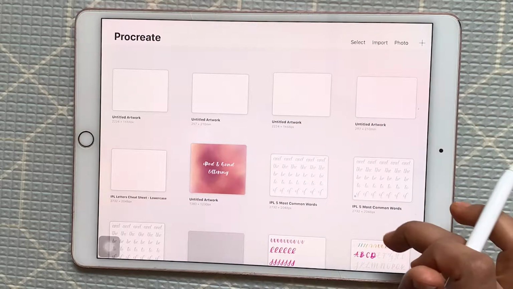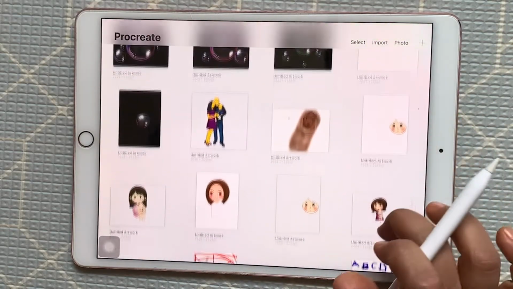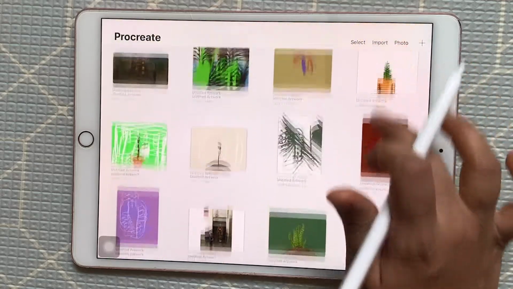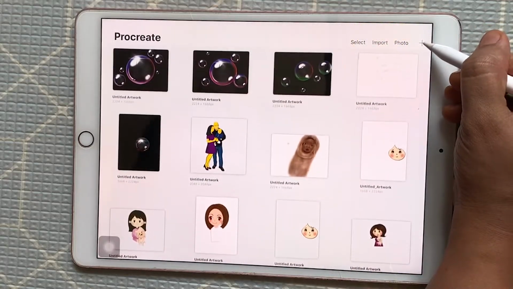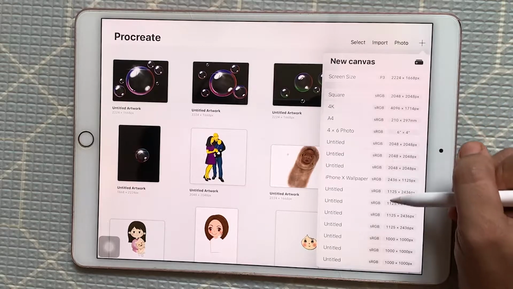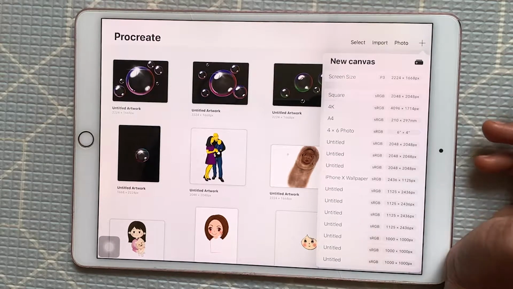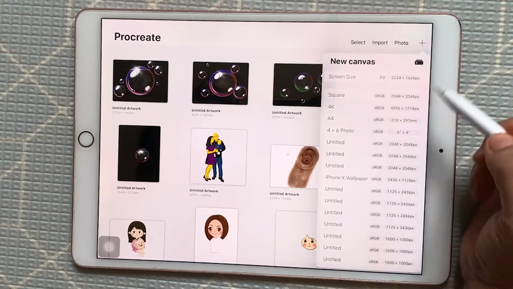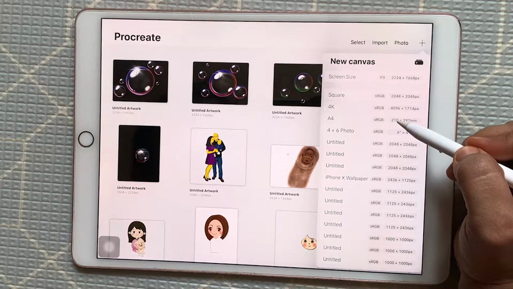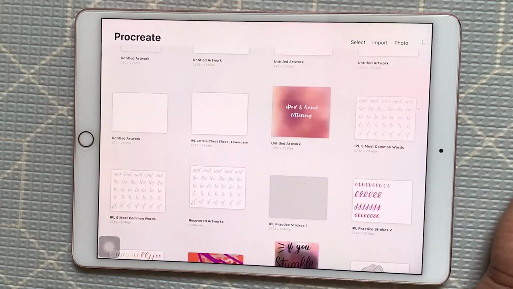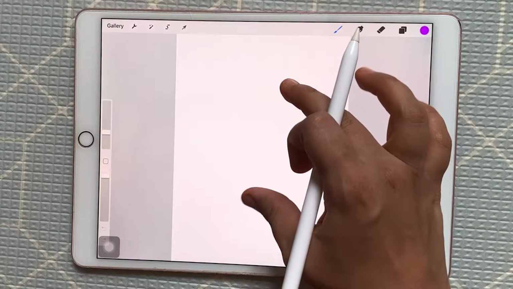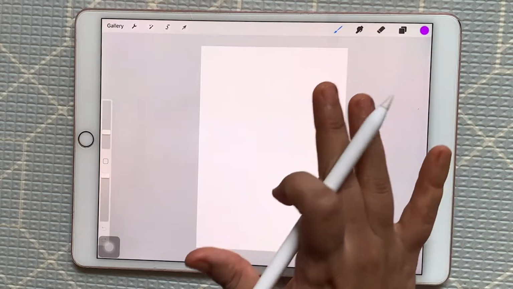Here you can see your latest drawings, and if you click on this plus sign you will find preset sizes for your canvas, whatever size you want. For example, let's say I choose A4 size, so it will open an A4 size canvas page.